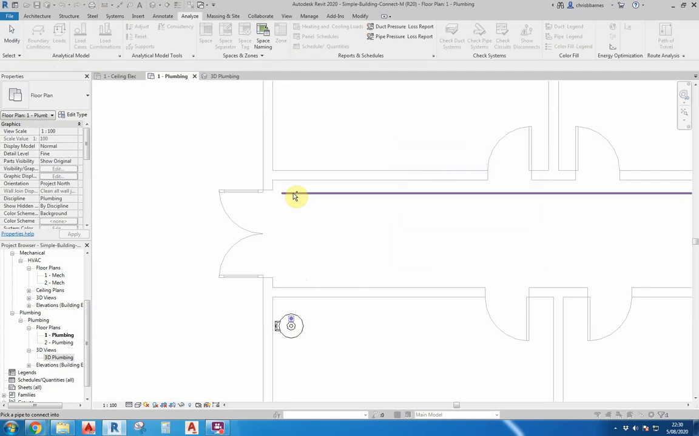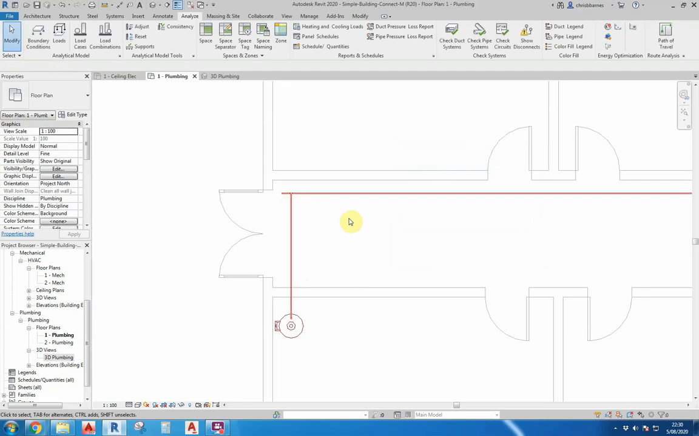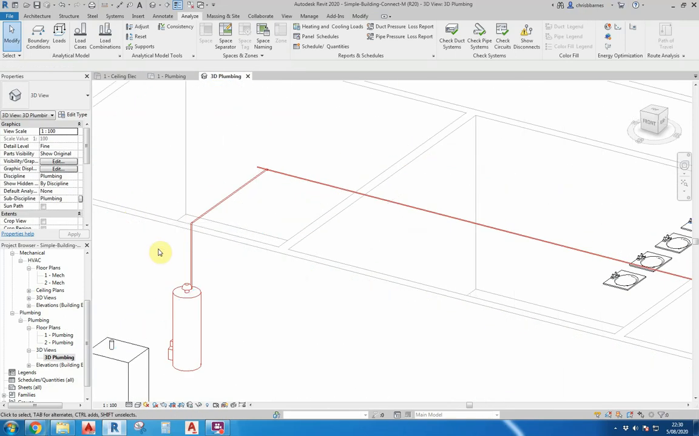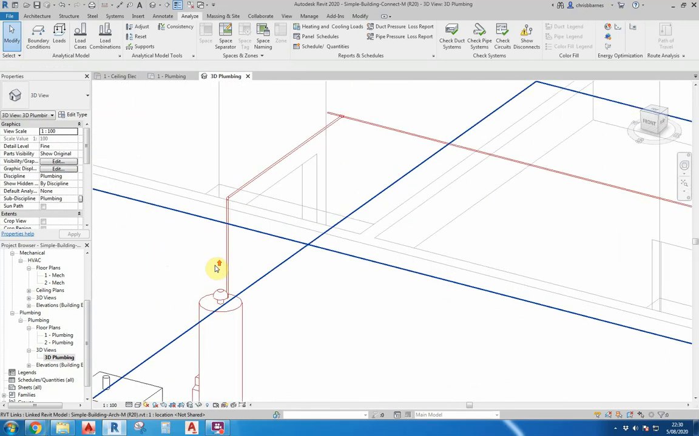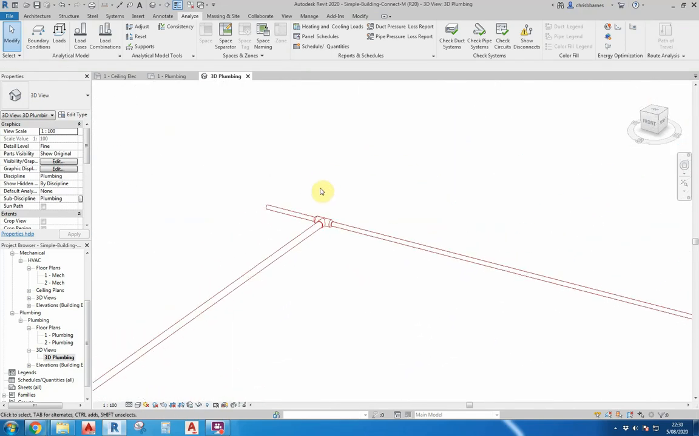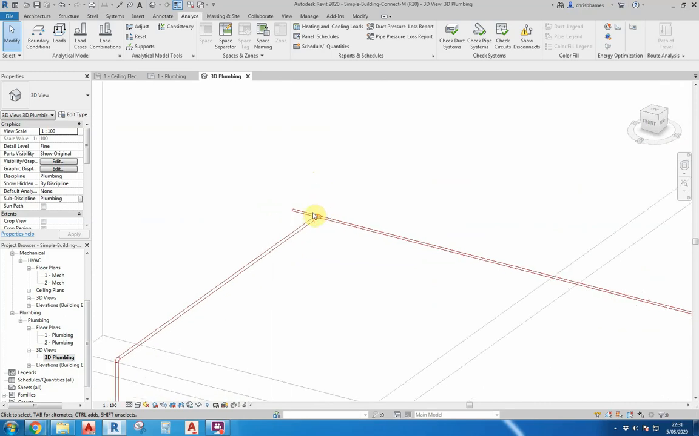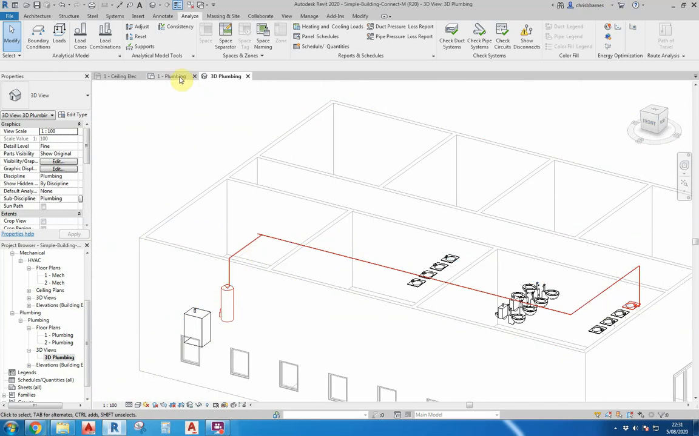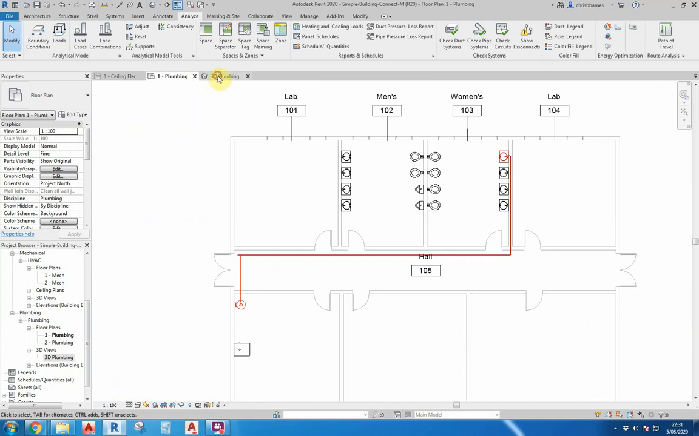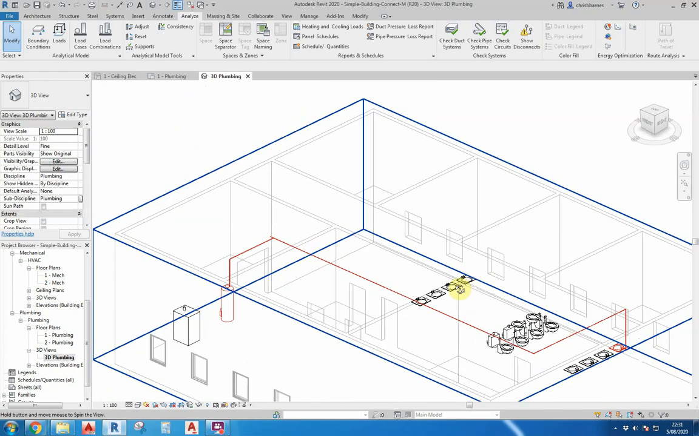And then we're going to select the pipe in the hallway. Again, have a look and check how it is in 3D to make sure that it's looking how you expect it to look. Okay, and then back to here. Now if we go back to this 3D view,